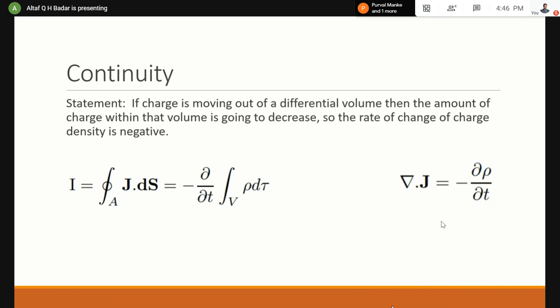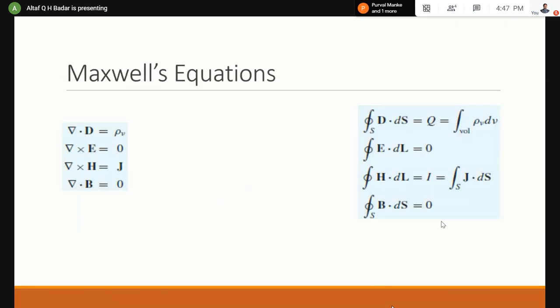Now, if you study continuity equation, then you need to also know something called displacement current. Without that, I'm not sure whether you'll be able to understand the basic concept of the continuity equation. And then there are modified Ampere circuital laws, and there are modified versions of it, and there are so many other things that you can go through whenever you have got time. As I told you, it's not possible to cover all the topics right now. So then let us move to the next topic, that is Maxwell's equations.